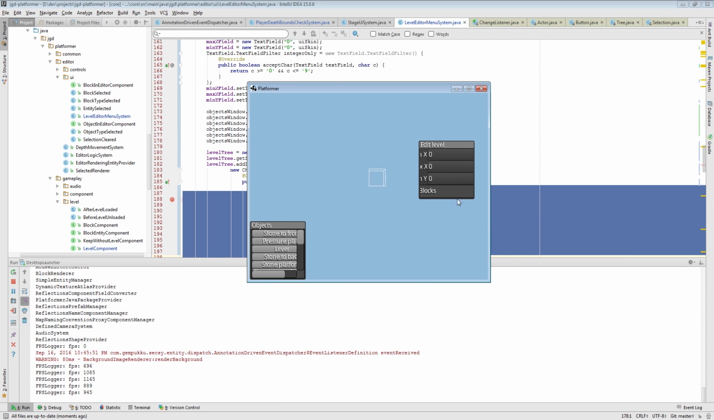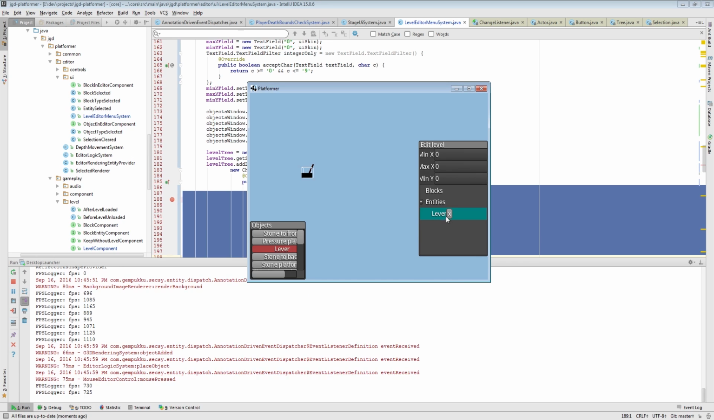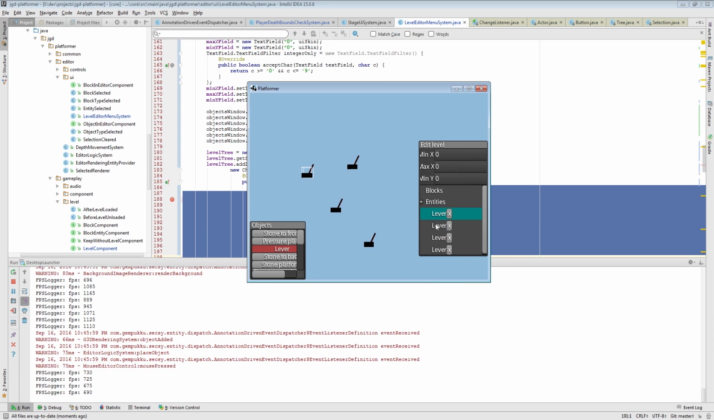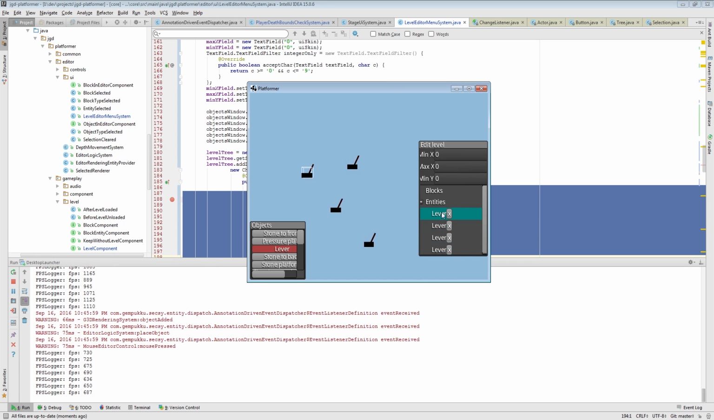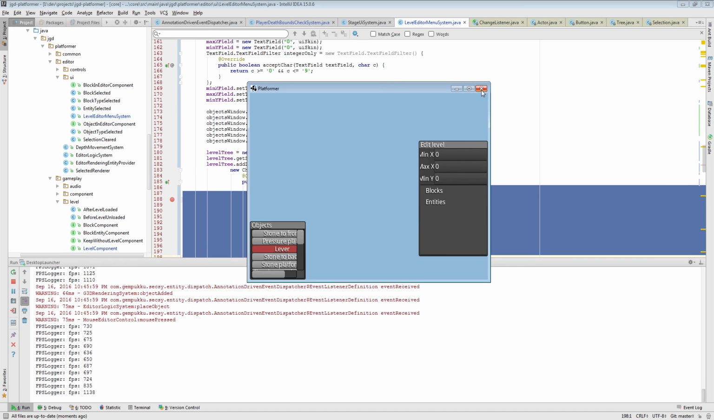So let's check this quickly. So I have a selected here, and I have a couple levers. Selection works fine still, and I can delete them one by one. Okay,